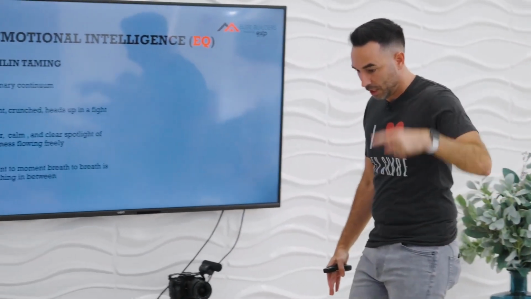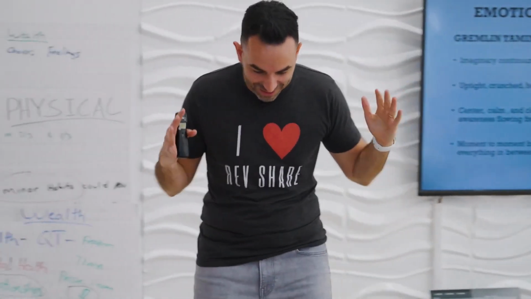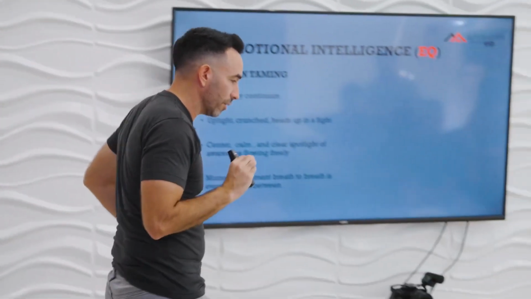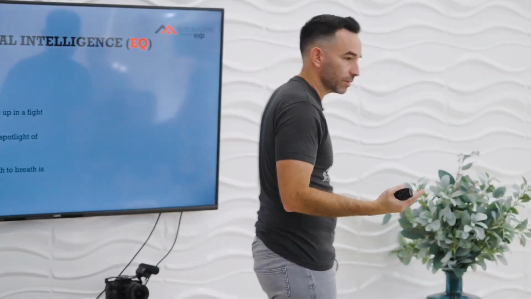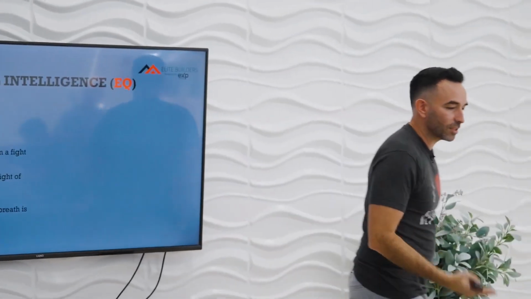So look at what just happened. I went from, everything's cool, this is great, to something happens, and unconsciously, without being aware, I start to move towards the uptight end of the continuum. I go into the world of mind, my gremlin starts saying all this stuff to me, and before I know it, in an instant, I am crunched up. Now, I was completely unaware that I had any input or any control over this process. And keep in mind that uptight is a literal term. Up means up in the world of mind.